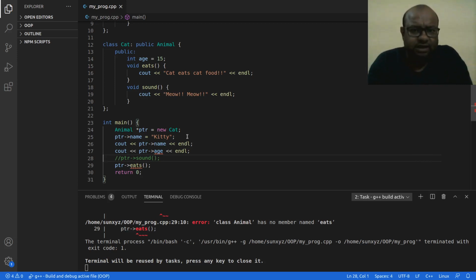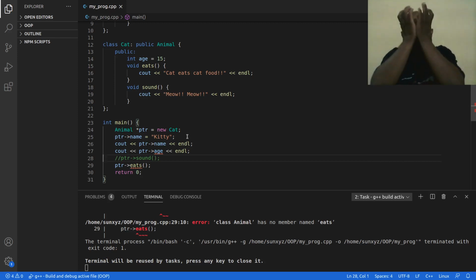So yeah, I have this feature that my parent class pointer can point to a child class object, but I have this restriction that using this parent class pointer I can only access the members, these attributes and these methods, which are there in my parent class. So in my child class I will have two types of things.